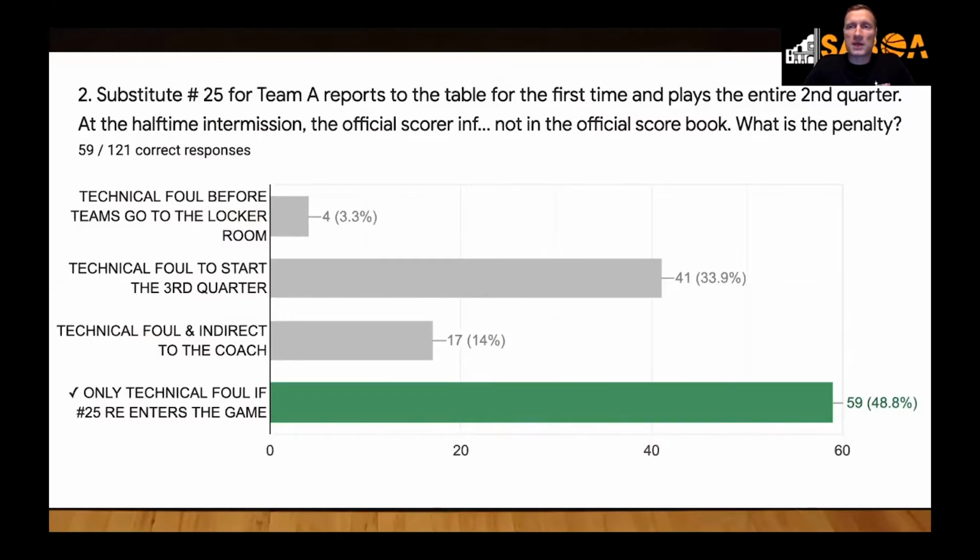So if you come out at halftime and the table tells you, hey, number 25 is not in the book. Okay, we didn't catch it in the first half. We haven't made any changes to the book. The rule is you give a technical foul if you have to make any changes in the book that was before the 10-minute mark. We're not making any changes. You need to go to that coach and tell them, Coach, 25 was not in the book. If you decide to play them in the second half, then it would be a technical foul. If they decide not to play them, then you don't have a technical foul on this.